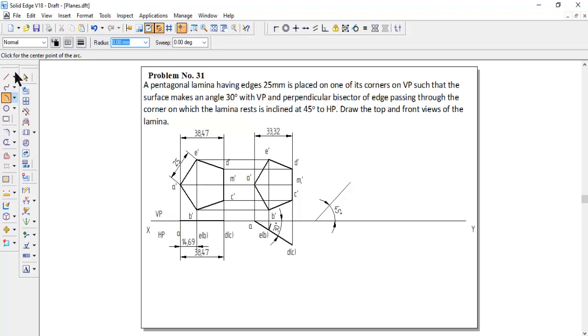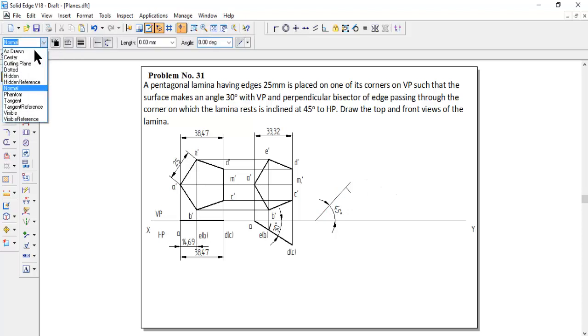So go to line, arc by center point, take this line 45 degree line what we drawn, that starting point as a center, and first we need to give the radius of true median, that is a bisector length, that is 38.47. Enter and draw the arc on the 45 degree line. Once it is finished, then go to the line and you can take the reference line and you can draw the locus line at the intersection point.